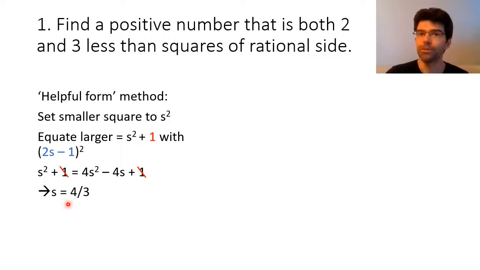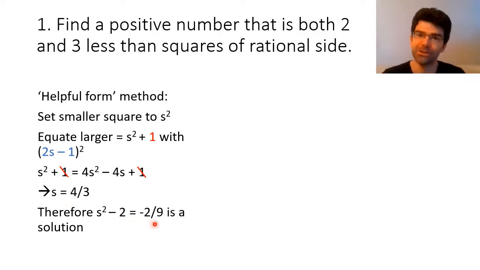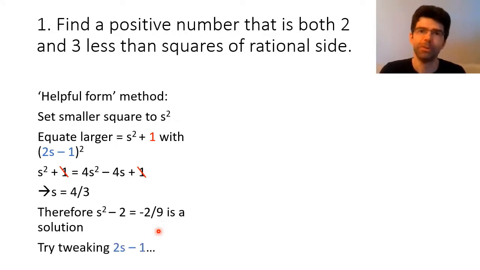It's great that they're 1 apart, but then the rational number that is 2 or 3 below those two squares is negative. It's minus 2/9, and Diophantus won't allow us to have a negative solution. So we've hit a stumbling block, and it was a reasonable go, this substitution that we made of 2s minus 1, but we need to fiddle around with it to try and replace the 2, for example, until we avoid the problem of a negative solution. And it's not really immediately obvious whether to increase the 2 or decrease it or what. Using modern techniques, you can analyse it a bit.